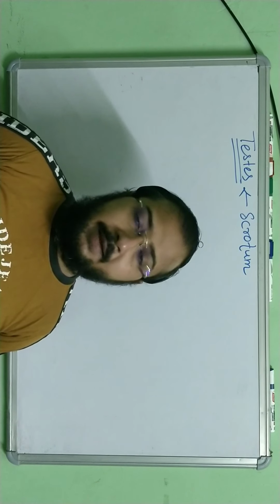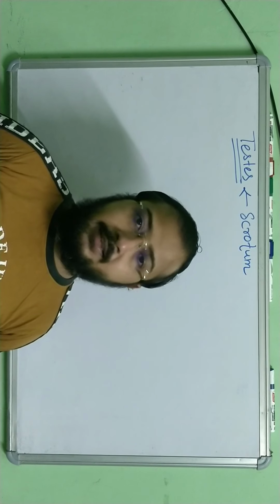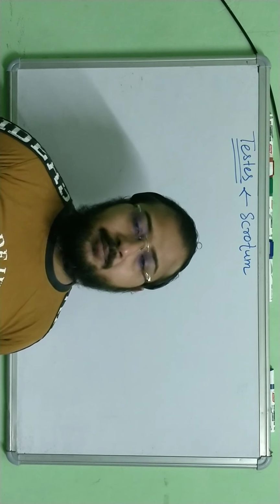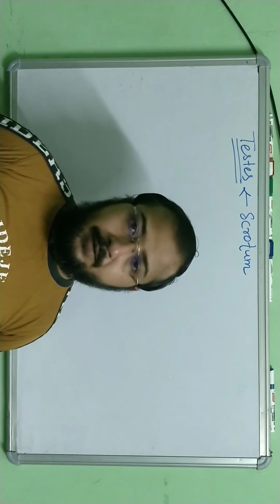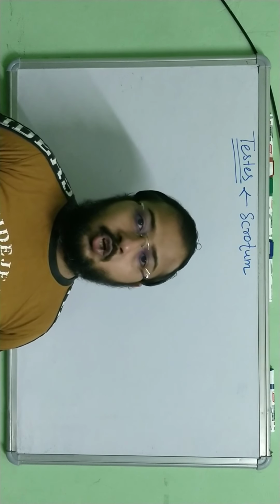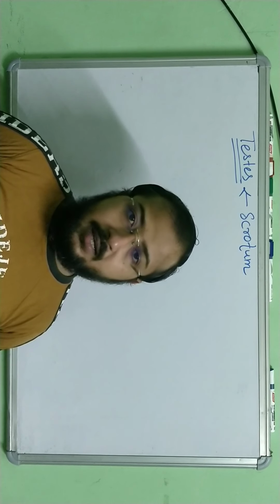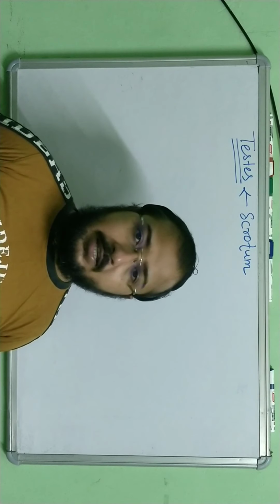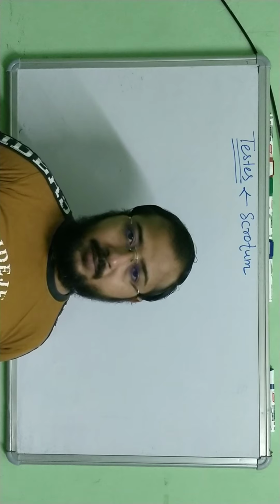Now this scrotum has a particular function. It maintains the temperature inside the sac, which is always 2 to 3 degrees less than the normal body temperature. It's a requirement for the production of the male gamete or the sperms. A little more or a little less temperature is not suitable for the formation of the male gamete. That is why a temperature 2 to 3 degrees lesser than normal body temperature is to be maintained. That is why the scrotum is there.